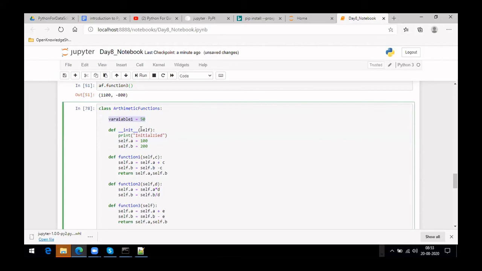But ideally speaking, practically, you won't be calling init again and again. So in most cases, people mostly define whatever is there at this level rather than this level. But this is the difference between these. Okay, is it clear?